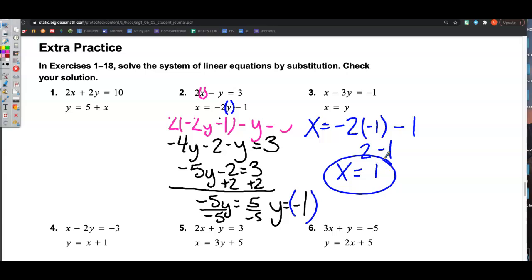Yep, so our final answer, I would write it as a coordinate point, 1, comma. Questions? Okay. I'm going to assign each of you